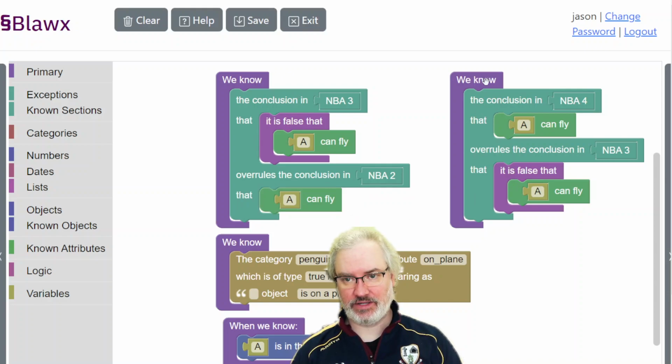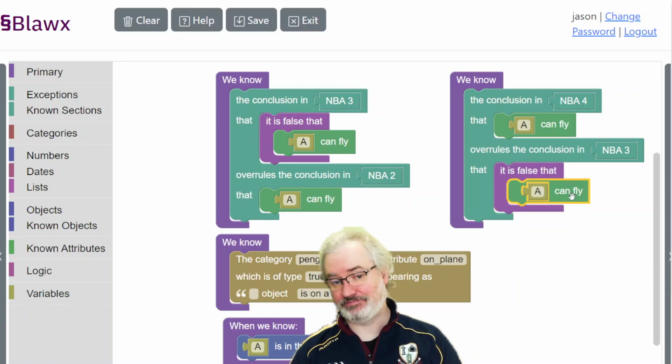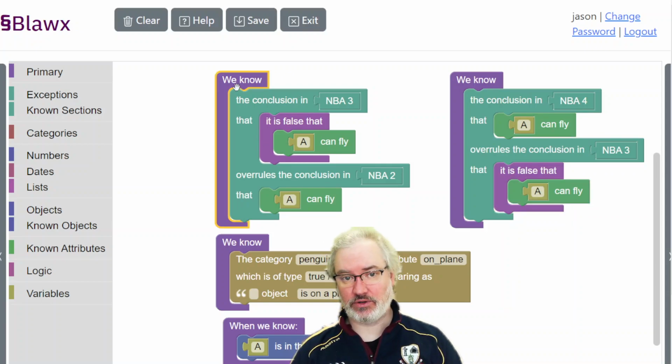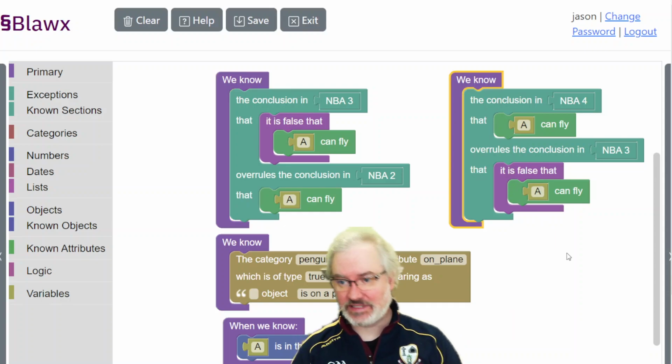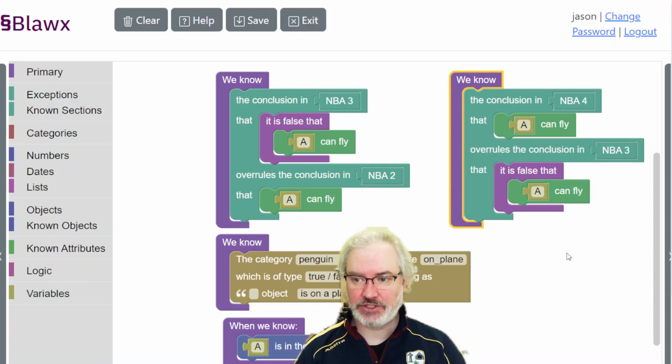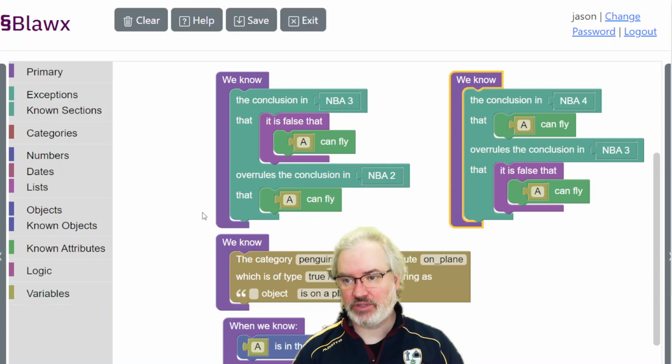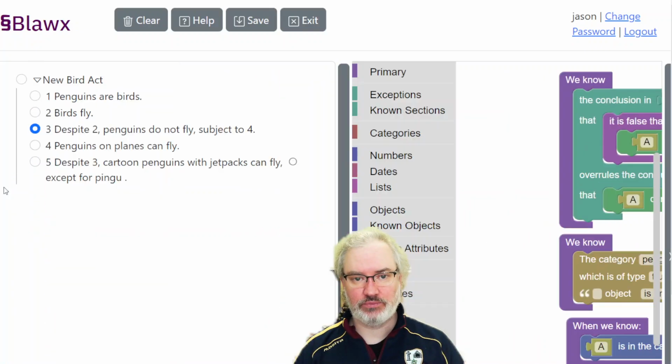And in the reverse, we know that the conclusion in section 4, that something can fly, overrules the conclusion in this section that it cannot. So that is how we encode despite, and that is how we encode subject to, and we still have the ability to put that information wherever it actually appears in your law. So exceptions to the rule in 3 don't have to be placed in 3,